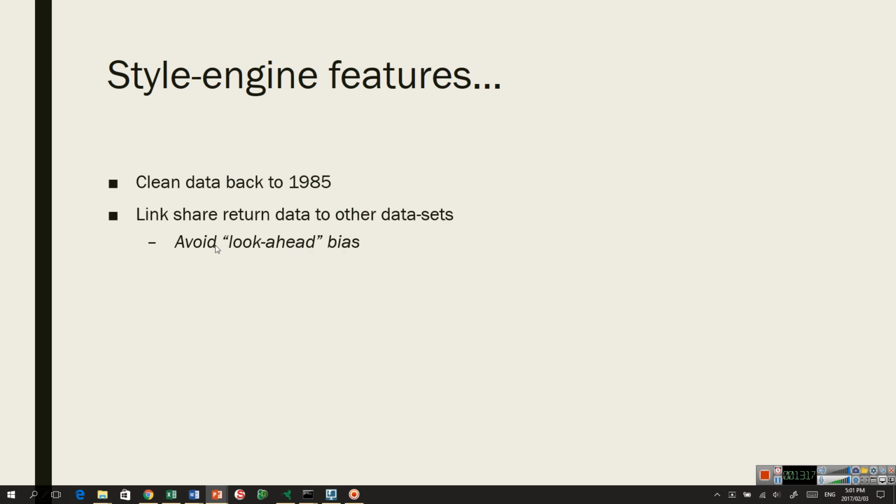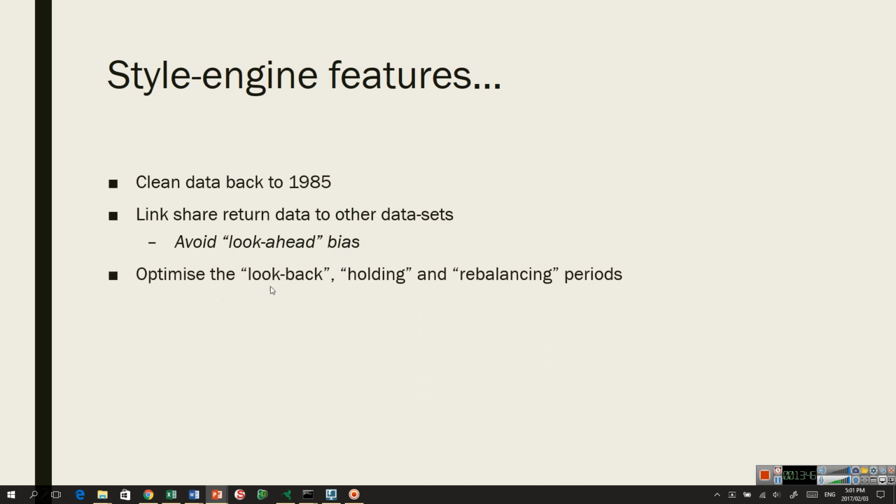We're also able to avoid things like the look-ahead bias. Although a company says its year end is, for example, on the 31st of December, actually you wouldn't have known that for about a month or maybe 2 months. So we usually build in a delay factor for other data sets which we may not have been able to get when you think you could have got them. And this is a problem that plagues a lot of research in this area.